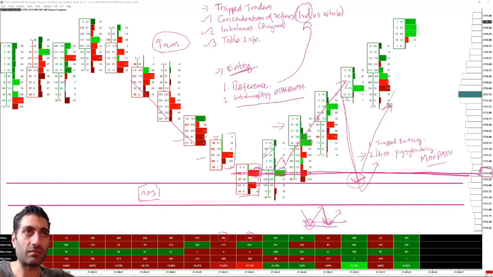And then you'll typically see imbalances and aggression. You see what happens on the way down happen on the way up. So you can really see it here. It starts to kick in where you see the concentration of sellers turn into concentration of buyers. You really see it here. Then you see it here. You see imbalances as well, though you don't necessarily see the table info. So, okay, you see nice aggressive